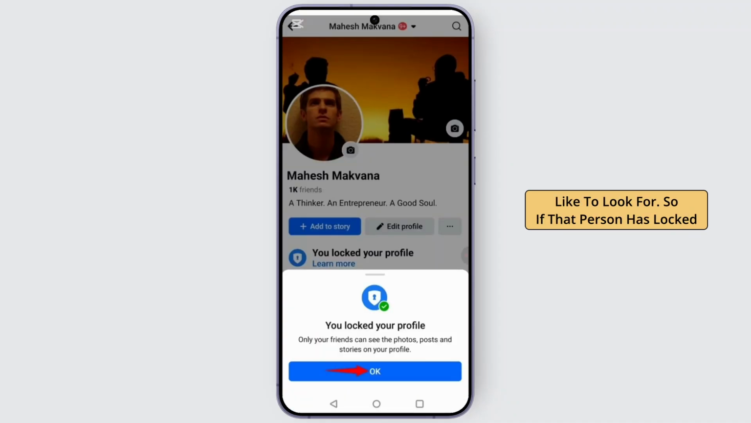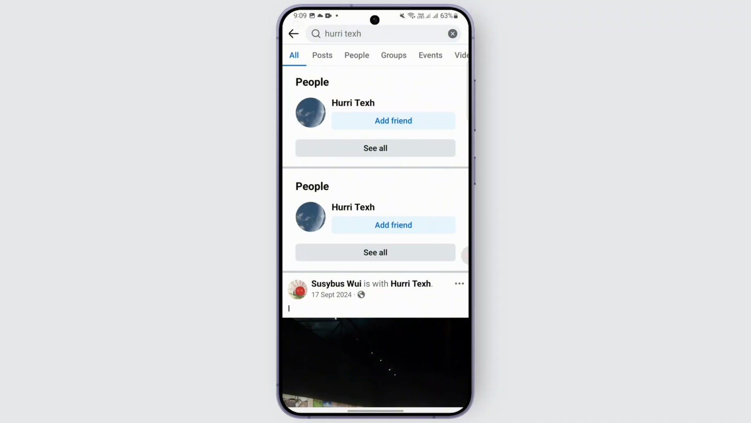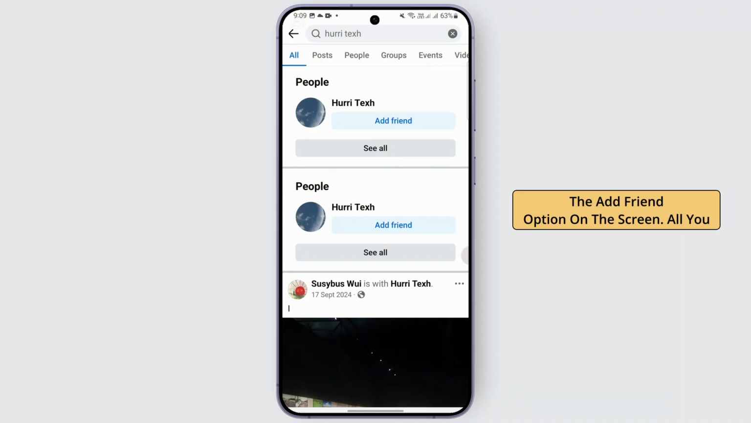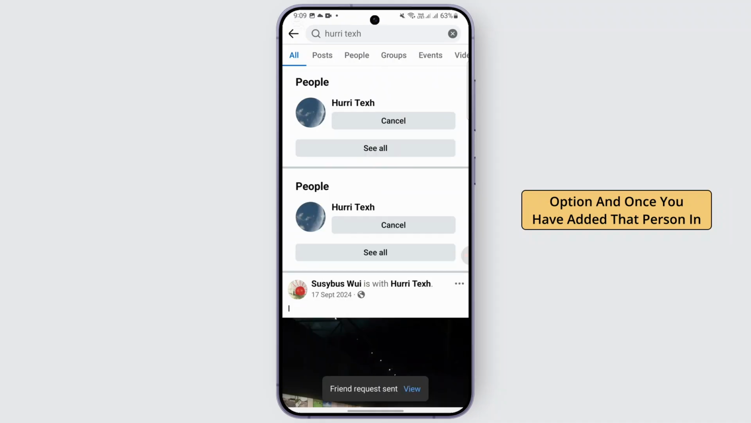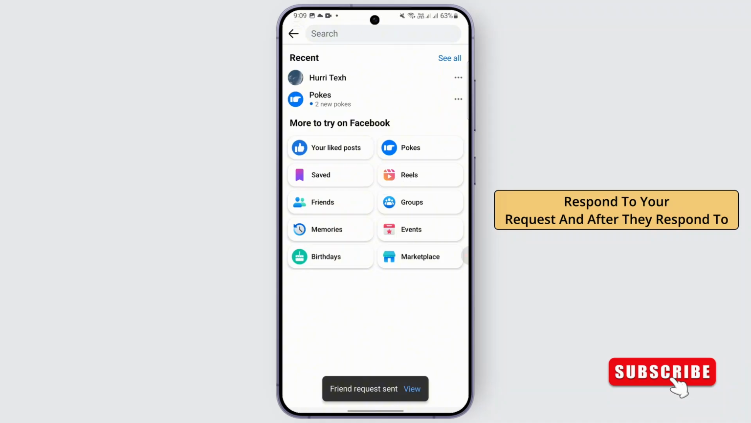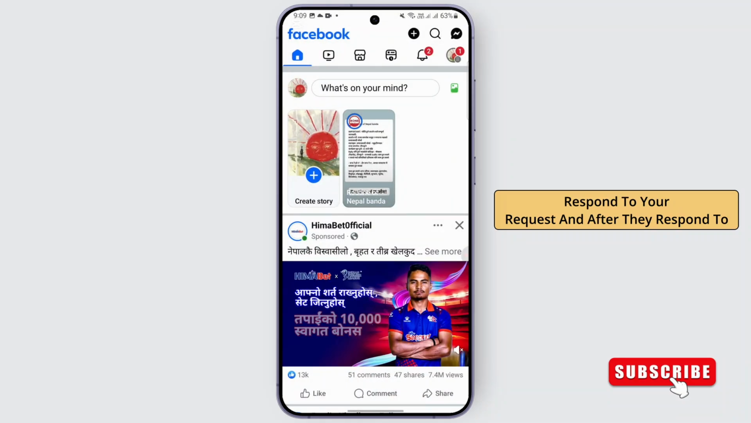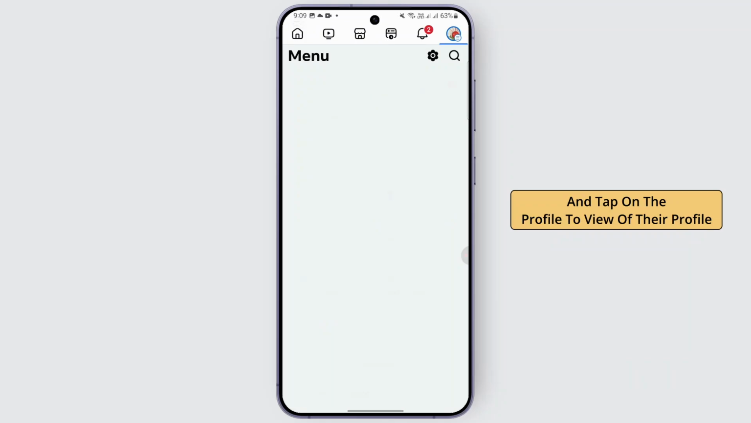So if that person has locked their profile, the only way in order to look for this post is once you view their profile, you should be finding an add friend option on the screen. All you gotta do is tap on that add friend option, and once you have added that person in your Facebook, they should respond to your request, and after they respond to your request, you can go ahead and tap